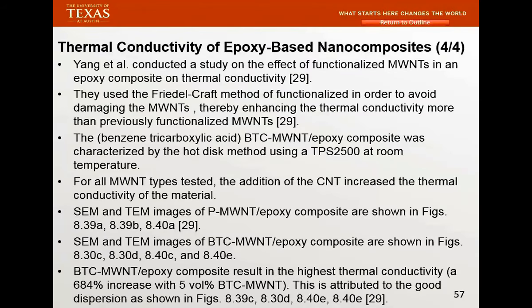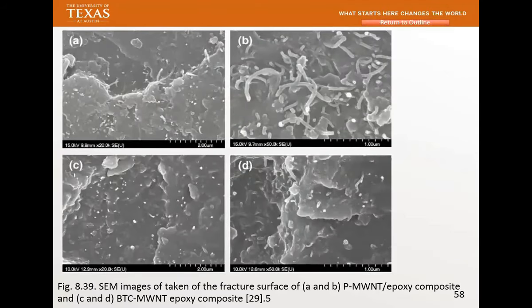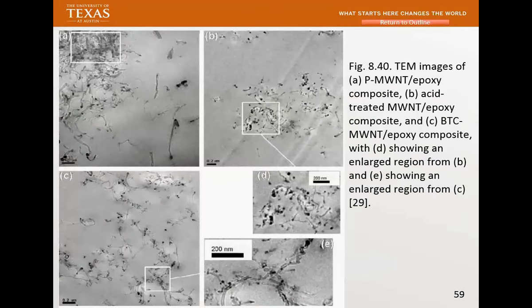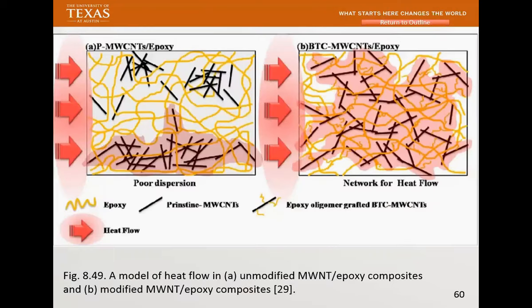Okay? I'm not going to actually go through all of these, but the important thing is you need to look at the material, the morphology. If you don't pay attention to morphology, you don't know why it is working. So that's why I tell my students to always look for the mechanism. What's the mechanism that makes it work? Okay. And you can see that some of them are better than the others. Basically, the book will tell you what A, B, and C are, and you can see these are all TEM, and that's what I like.